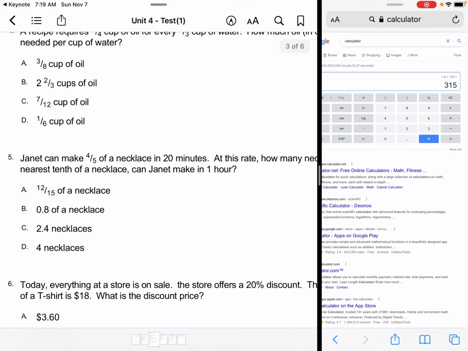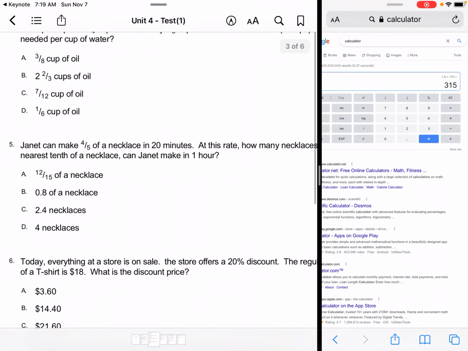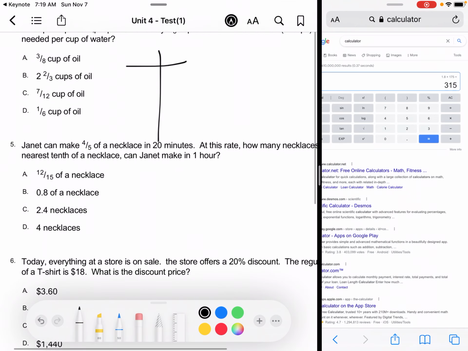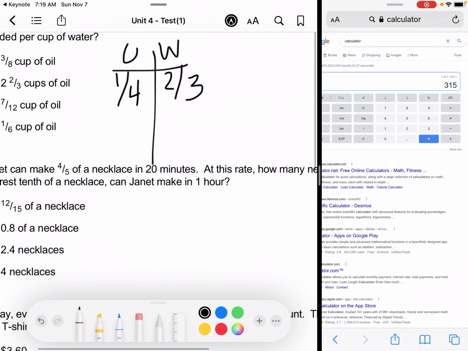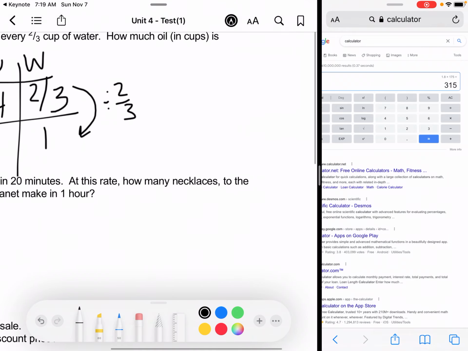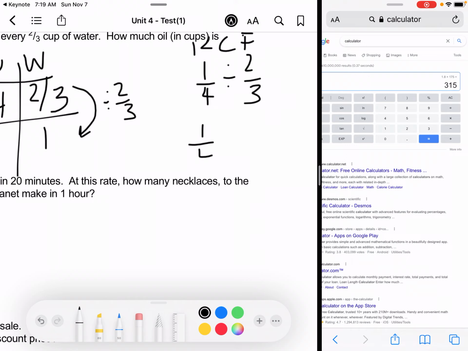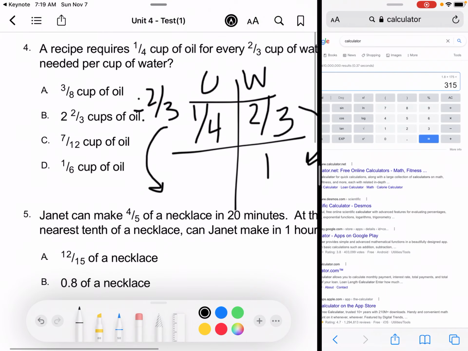A recipe calls for a 1/4 cup of oil for every 2/3 cup of water. Then it says how much oil in cups is needed per cup of water. So that means for 1. So I'm dividing by 2/3. I don't have one of those fancy calculators here at the house. So 1/4 divided by 2/3. Keep, change, flip. I end up with 1/4 times 3/2, which leaves me with 3/8, because 3 times 1 is 3, 4 times 2 is 8. So I need 3/8 of a cup of oil